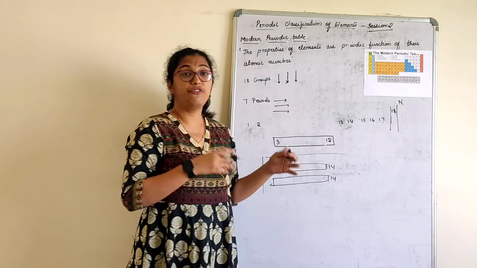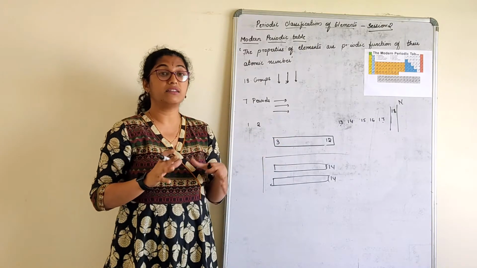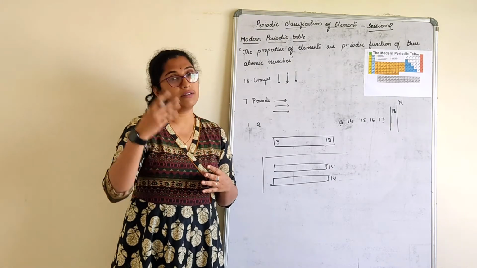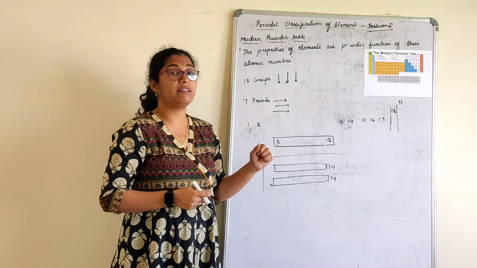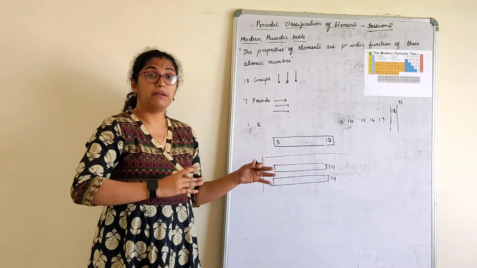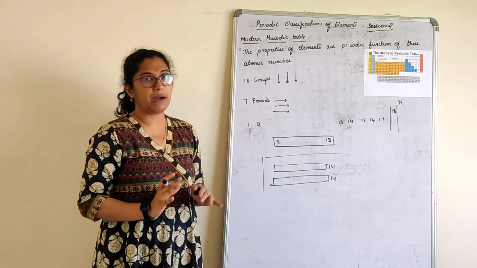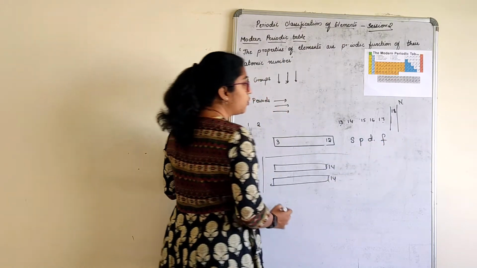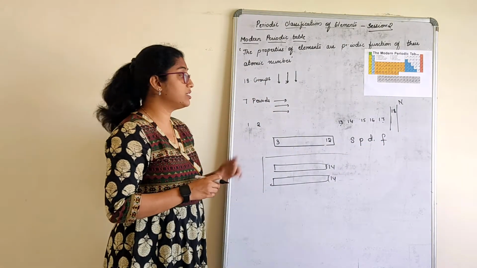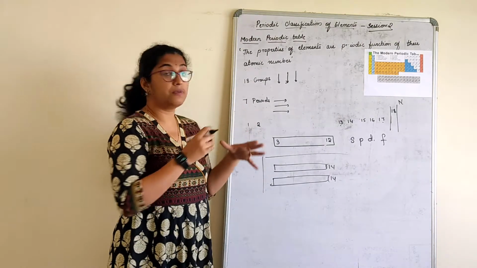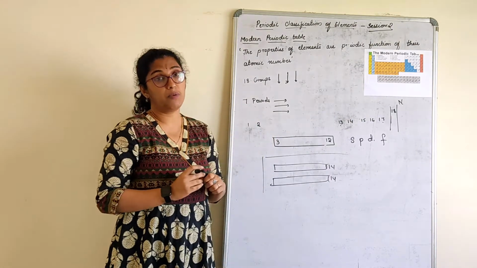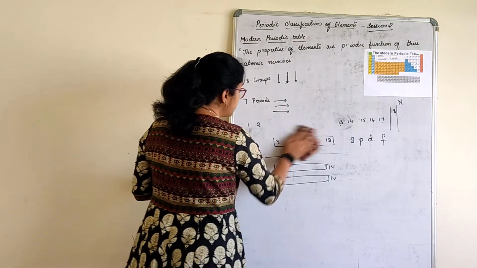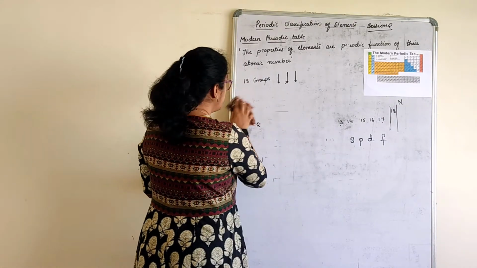Then we differentiate or bifurcate these in terms of blocks, say SPDF blocks. You study this SPDF block again in 11th standard. If I have to explain, children, there are many things you have to learn, but you are only studying the basic part of this. So there are SPDF blocks, based on how electronic configuration is done. Each group of elements belongs to some of these blocks. Which element belongs to which block? Let us understand that. This is very important.